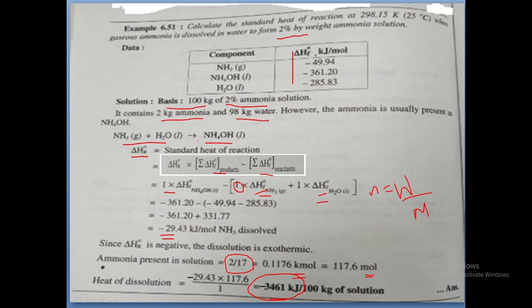So one thing is very important, students. If the number of moles is given directly, you should take it as the number of moles. Instead, if kgs are given, better to convert them into number of moles using the relation: number of moles is equal to weight by molecular weight. After that we use the equation. So as per the problem or as per the reaction, how many moles are reacted or produced? What about the standard heat of reaction? Are you clear or not?